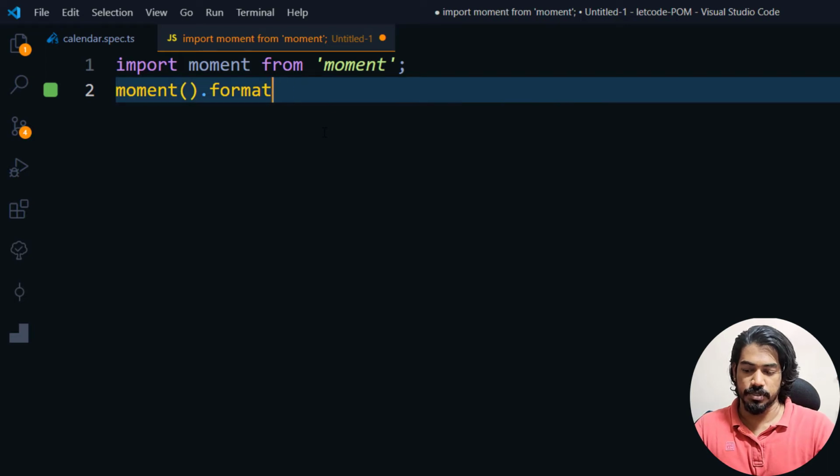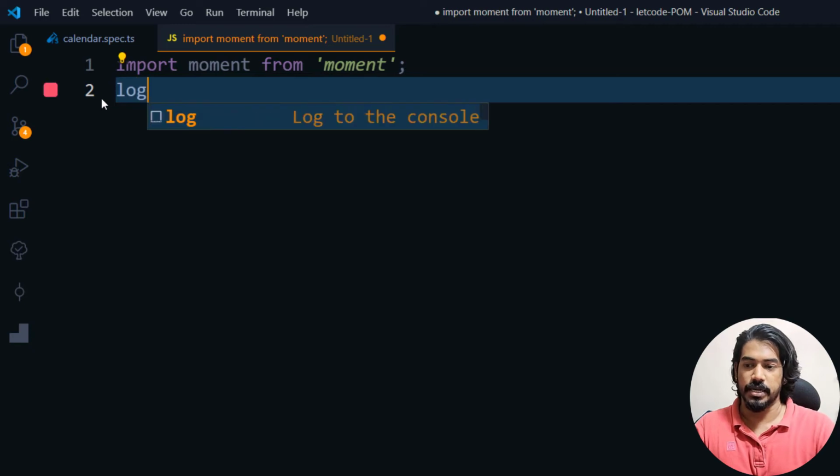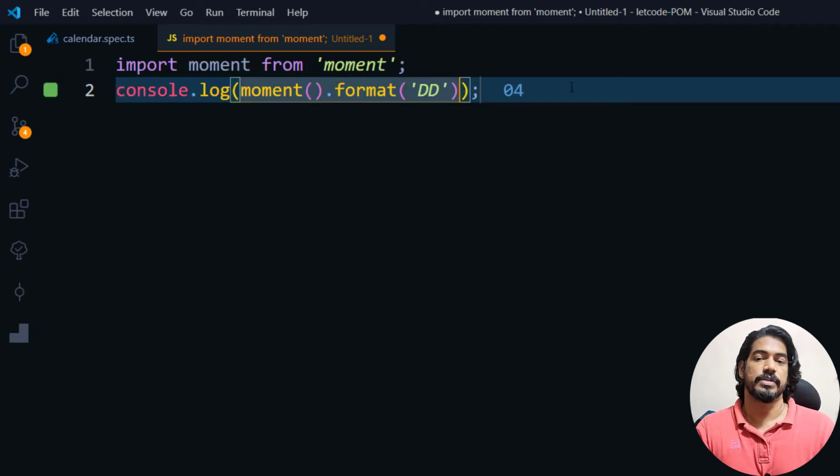So we are going to use the console log here. So let me cut this, and within the console log I'm just going to paste this, okay. So here we can see we have the 04, and let's say that we want to get the month as well. So I can give MMM, that means the month name. So today is 4 January. Let's say that I want to get the full month name as well. So I can just add one more M here, and that's going to give 4 of January, right?